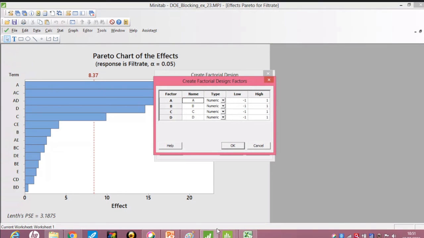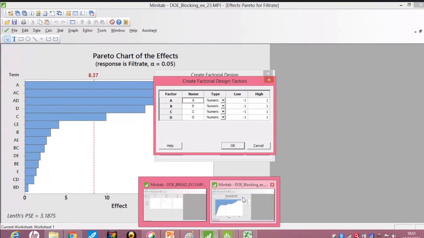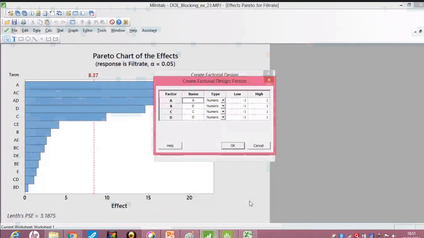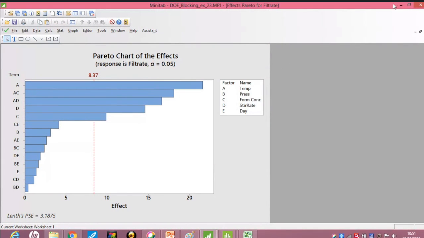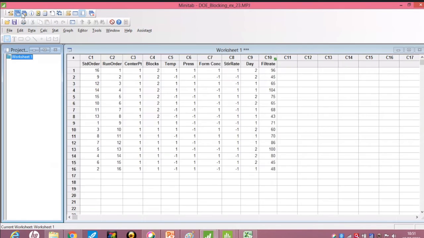So what are our factors? Temperature, pressure, concentration, and stir rate.